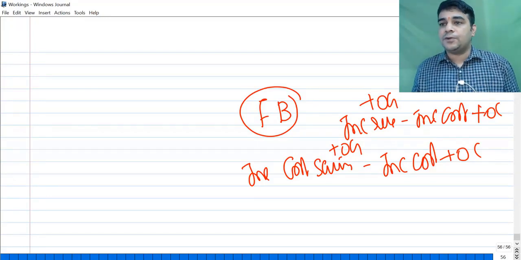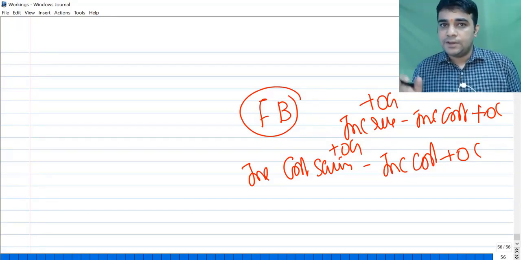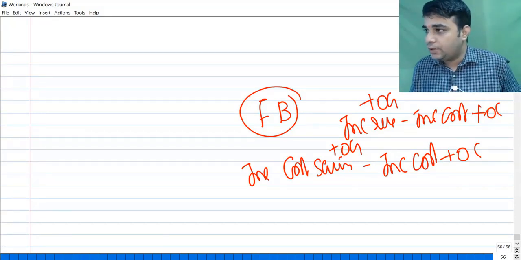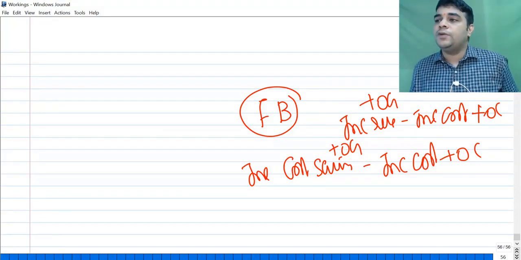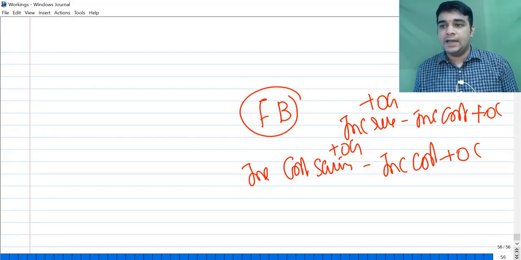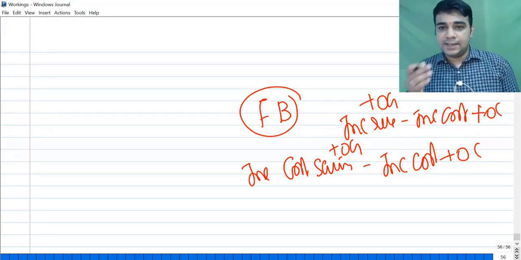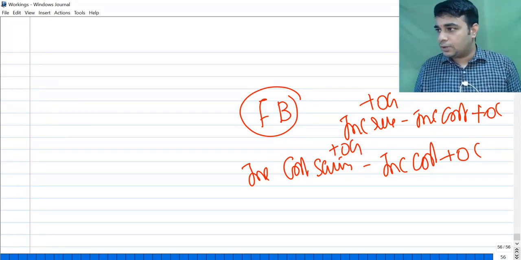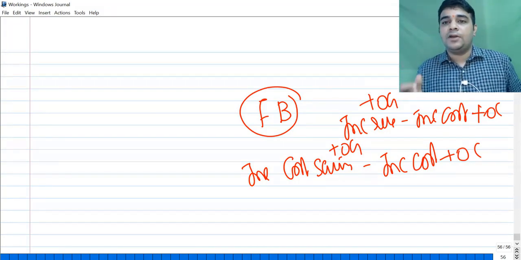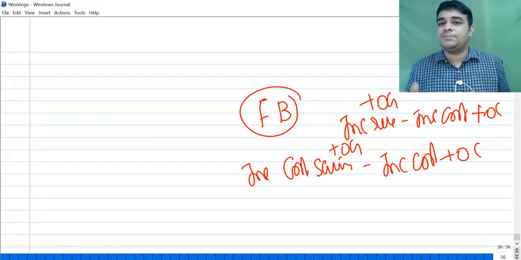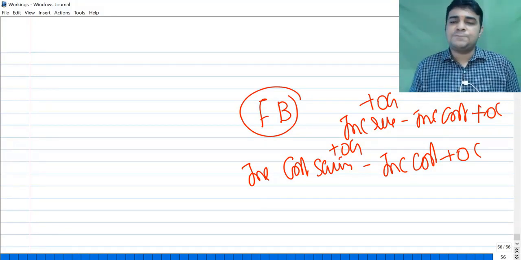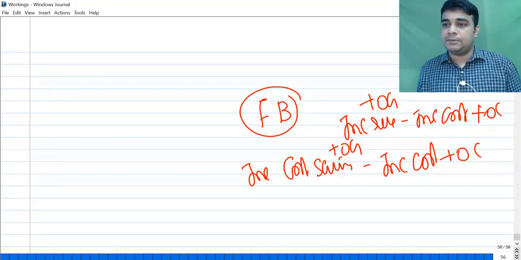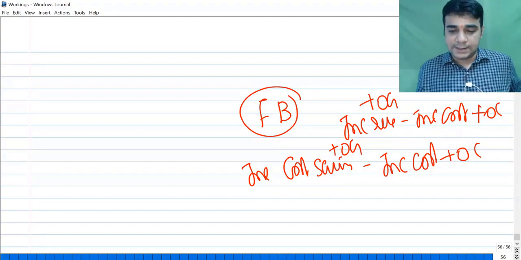Your financial benefit could be positive, could be negative, could be zero. If it is zero, financial analysis is technically ignored, because there is no financial benefit. Go ahead with what your qualitative factors are saying. The qualitative factors may say that things are going good, please take up the project, or no, things are not going good, please don't take up the project. So the non-financial factors may impact the decision. If it's positive, you still may reject the decision. If it's negative, you still may accept the decision based on your qualitative factors.